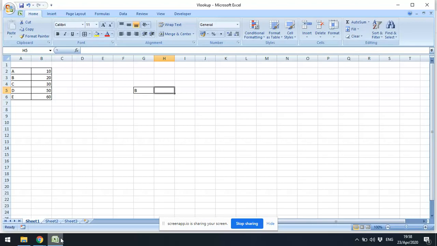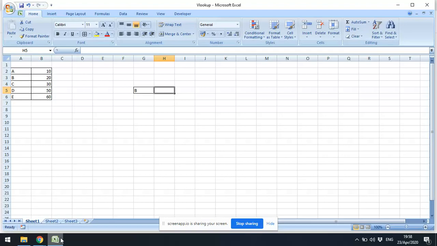I'll just quickly go to the VLOOKUP. If you can see, I have an Excel sheet wherein I have a list of some PB, CBE, just for example, and there are some values or amounts assigned to each value. And what I've done is I've just randomly taken one item.